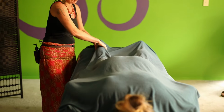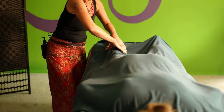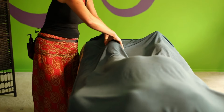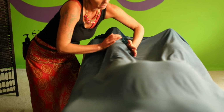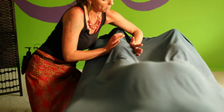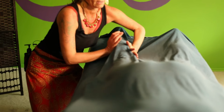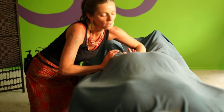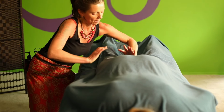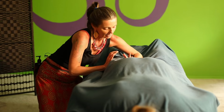Fingers, thumb, lifting the calf muscle away from the bone. If the calf is, you can't fit your hands around the calf, then just come in with your palms. Sink down in your own body so that you're protecting your back. Your warrior stance, 1, 2, 3. So again, I'm squeezing in and slightly lifting the muscle